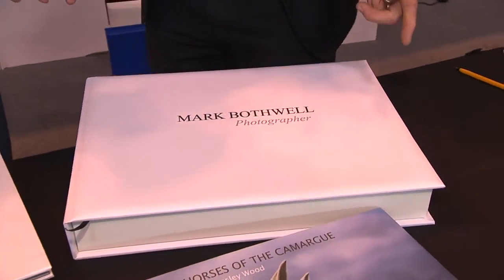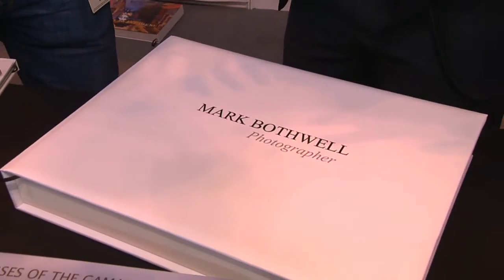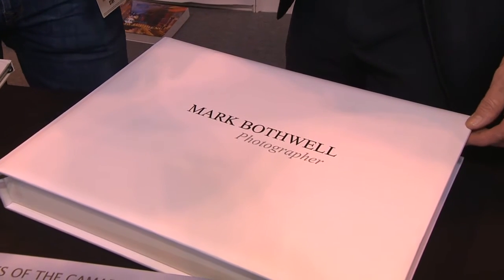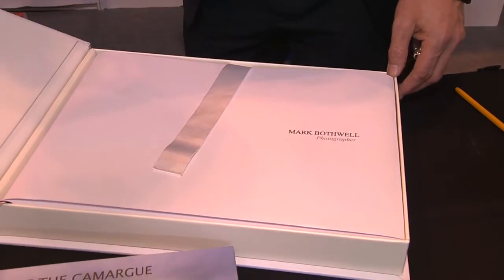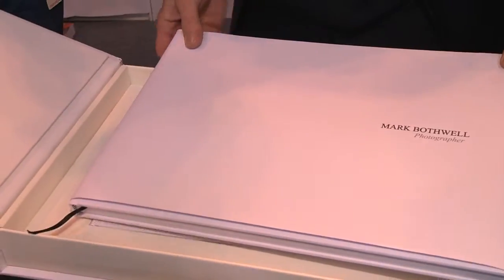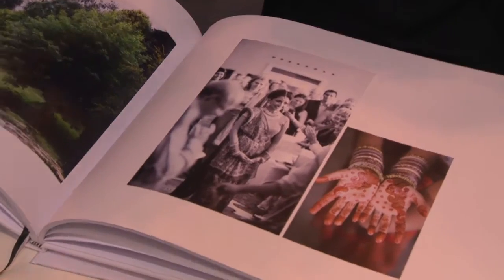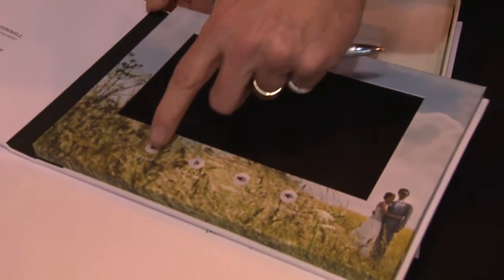It's a new product we're launching at the show, which is a sort of culmination of where we've got to over the development time. We've got a wonderful presentation box, which is again handmade at Woking. We've been perfecting that over the last few months. Inside the presentation box, we have our mainstay products, which is our coffee table wedding albums. And underneath that, now this is the interesting bit. I thought, oh, there's two books in one display box here. There's a new element that we've introduced,